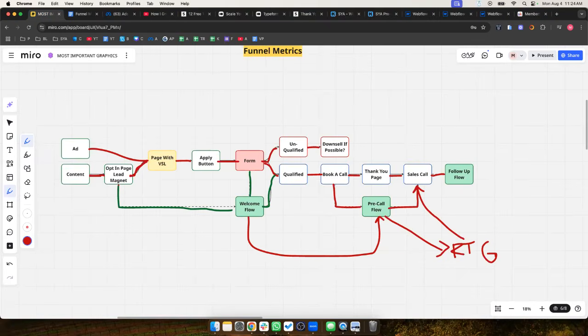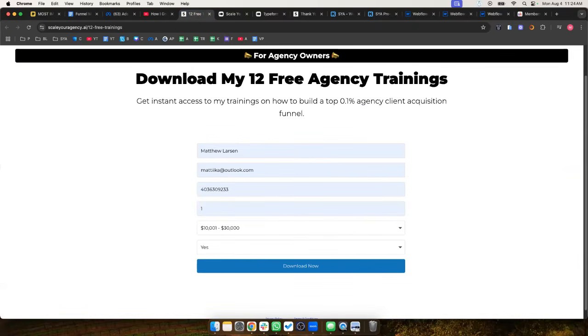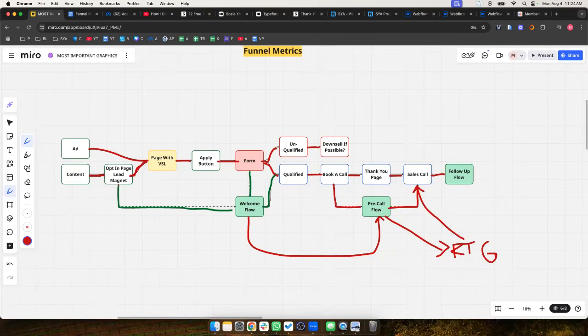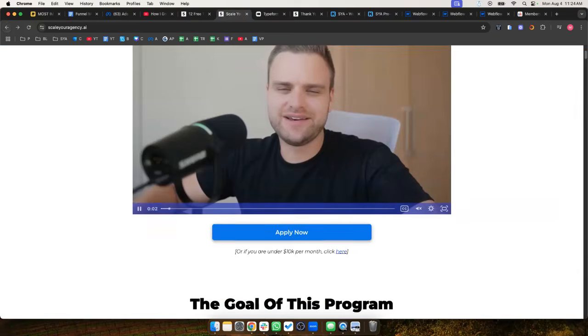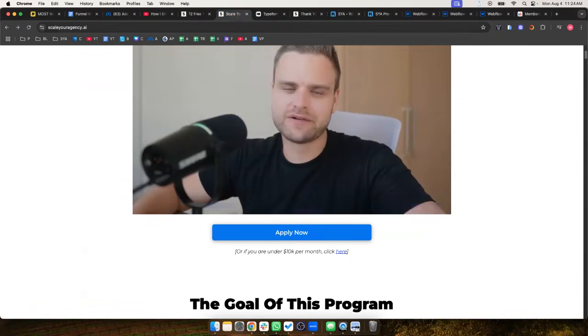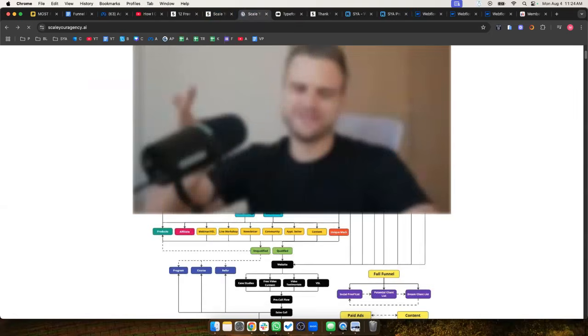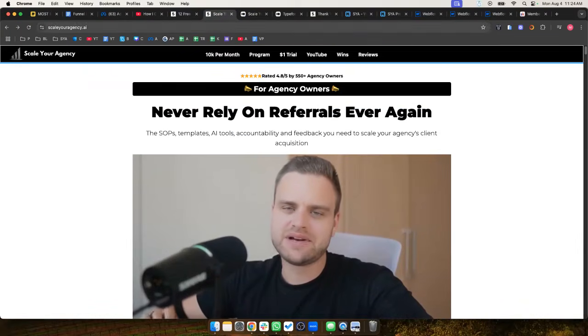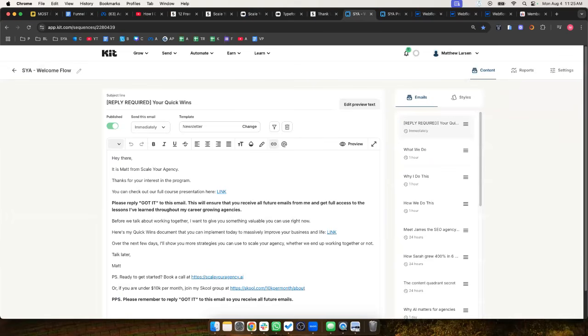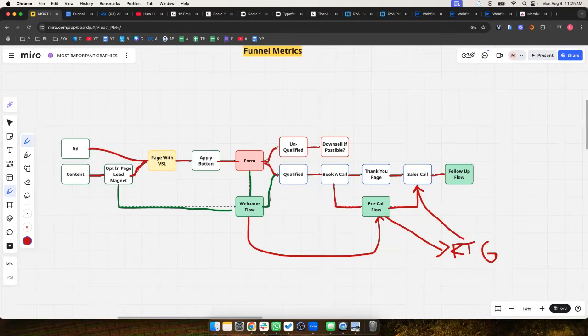So this is our content. It's going to this opt-in page. I have submitted the opt-in page, and now I'm on my VSL page. Now they have been receiving my welcome flow because they've opted in.